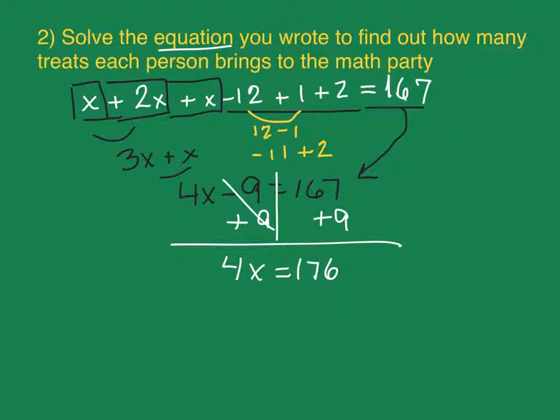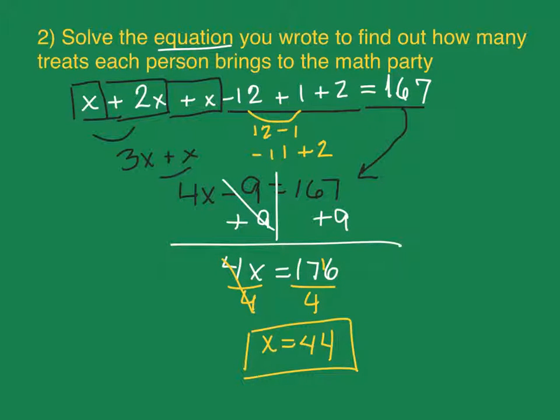What's the opposite of times 4? Well, that, of course, is divide by 4, both sides. These cancel out. I'm left with x equals 176 divided by 4. So 4 goes into 17 4 times with 1 left over, and 4 goes into 16 4 times. So I now have found that x equals 44. However, I still need to find how many each person makes. So, next page,